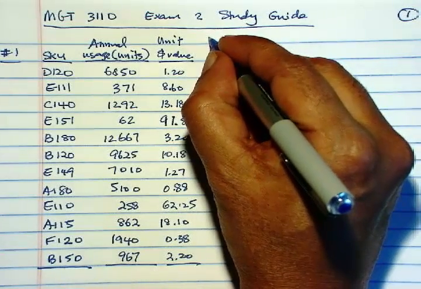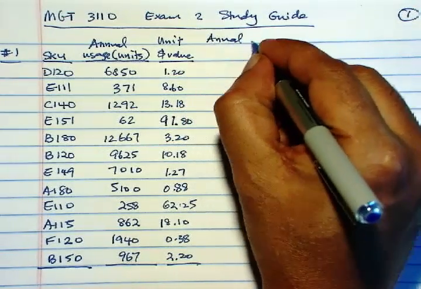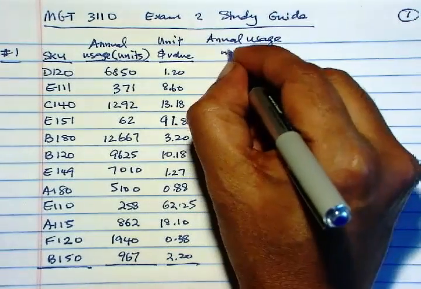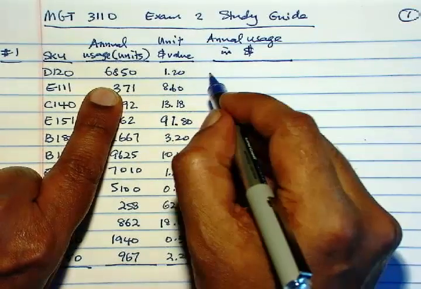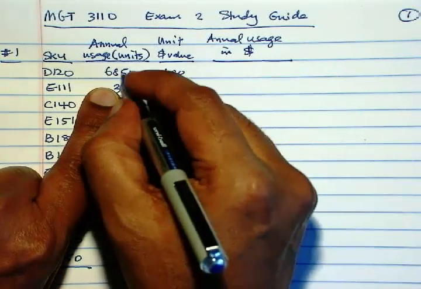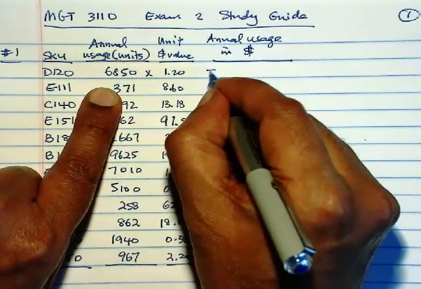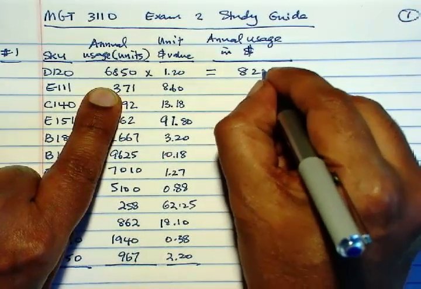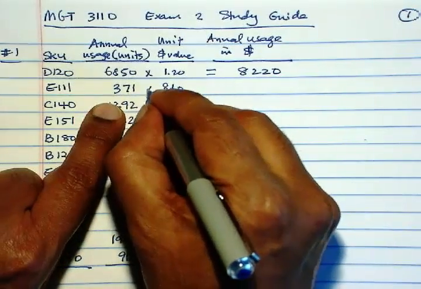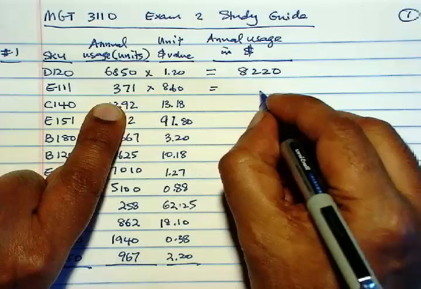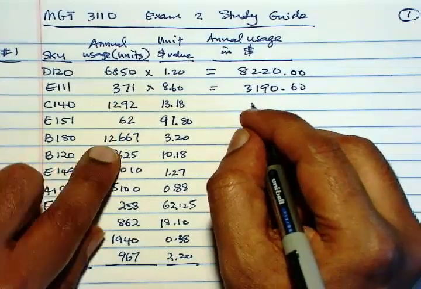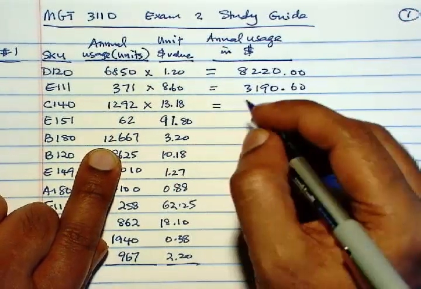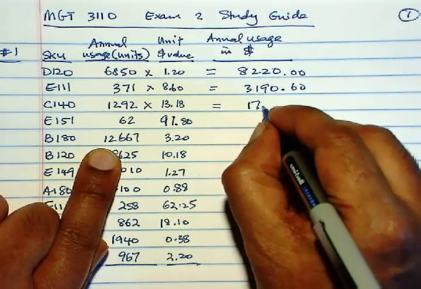Annual usage in dollars. So we have annual usage in units and per unit value. So annual usage in dollars will be to multiply. So you multiply like that and you get 8220, multiply, you get 3190.6, multiply here, you get 17,028.56,